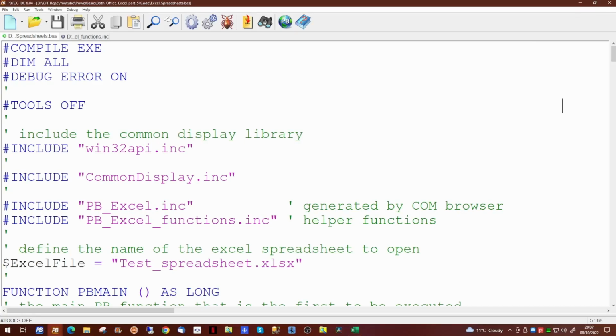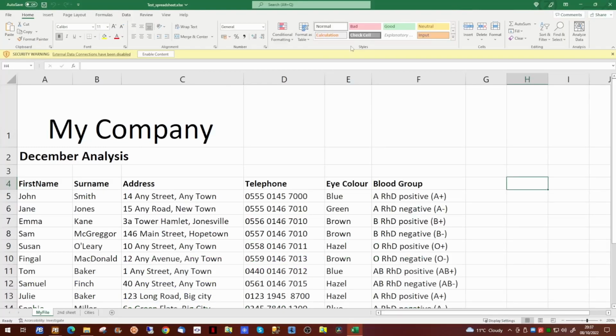This was our PowerBasic application at the end of the last video. We have supplied our application with a test spreadsheet. This Excel workbook contains 3 sheets: a My File sheet, a second sheet, and a Cities sheet. In this first sheet, we have 3 rows of data at the top of the spreadsheet we do not actually require. In our last video, I showed you how we could remove these lines of data to leave just the header line and the raw data.